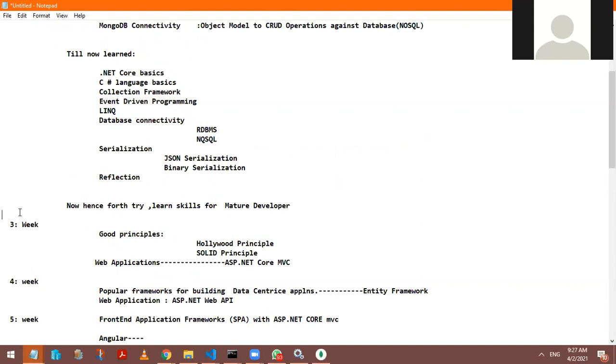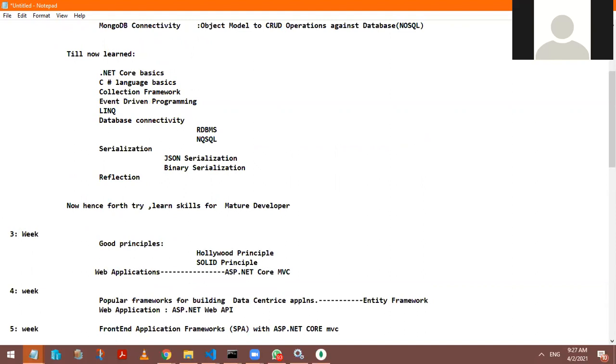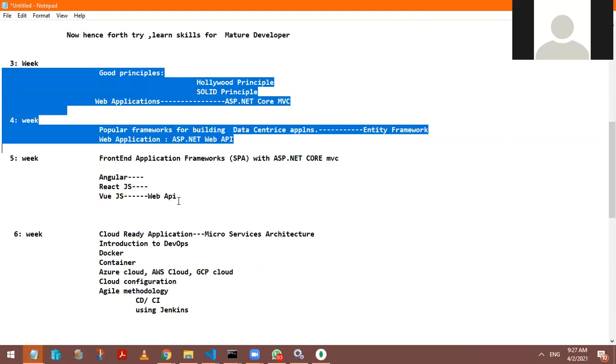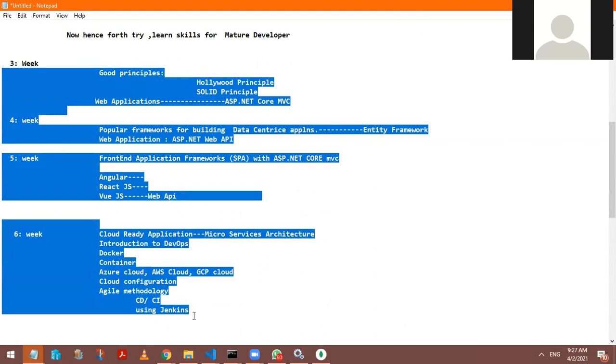Anybody who has 2 to 3 years of experience in .NET and wants to shift to the next company for working with .NET Core, these are the technical areas where you would be grilled most of the time in interviews. Even if you have 5 to 6 years of experience, I think these are the kinds of topics most of your interview questions will cover.